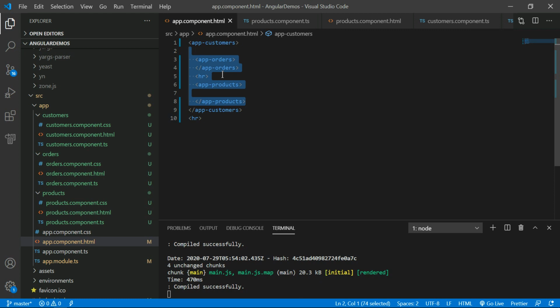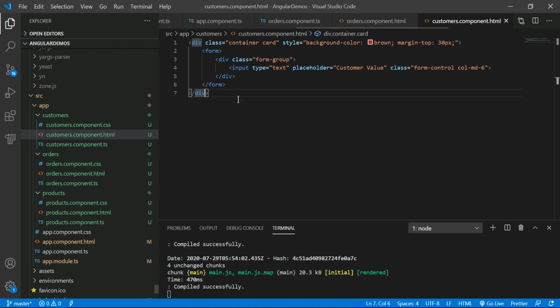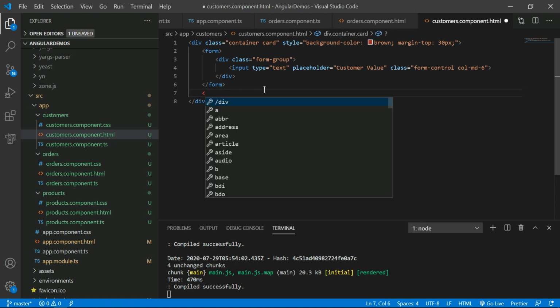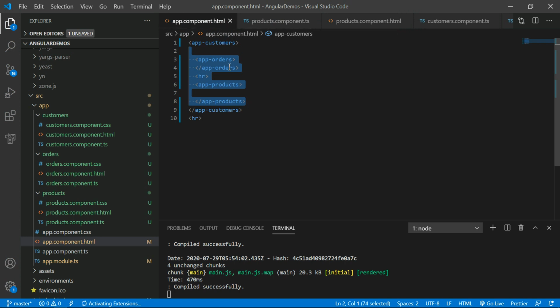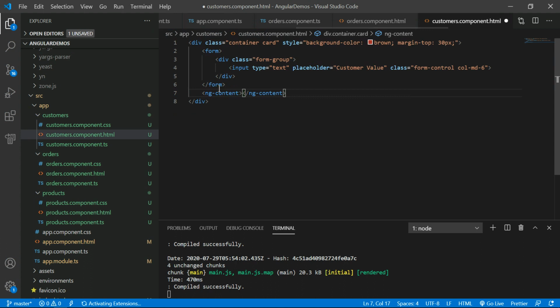We have to project this content into the customer.component.html, then only you can get the proper solution. ng-content is useful to capture the content within the component. You have to project the content in the component by using ng-content. Then you can get the output.